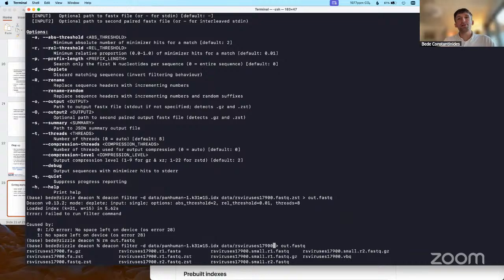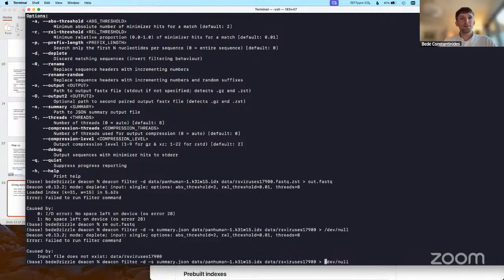So what I'll do is instead of writing the output, I'm going to send the output to the null device. So essentially, it's being written nowhere. You can also specify the output files. Remember, this can also support paired reads, and the README shows you how to output paired reads. But what I'll do here is output a summary, which explains what it's doing. Summary.json, we'll call it. Oh, whoops.